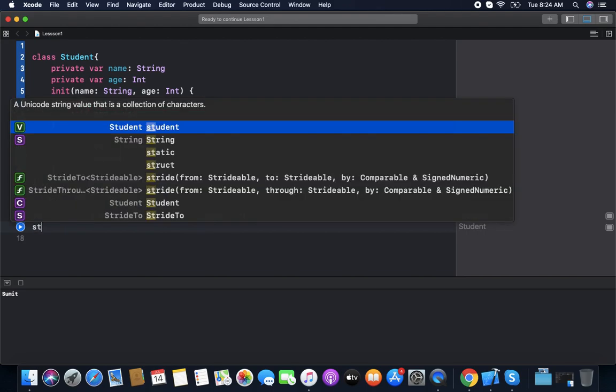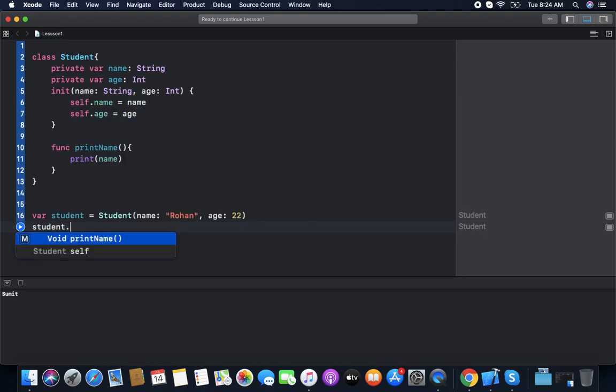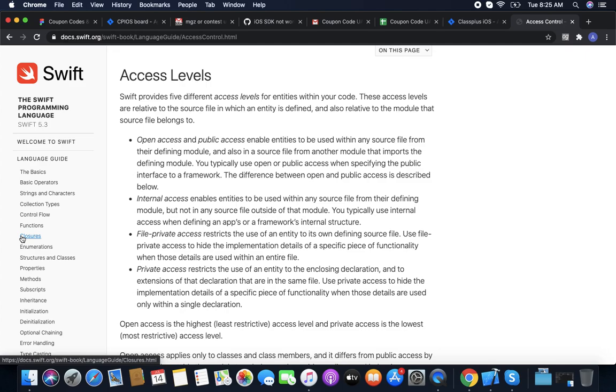So we can use this. You can see, private access level is the most restricted level. You can restrict it within only the class itself, or structure.